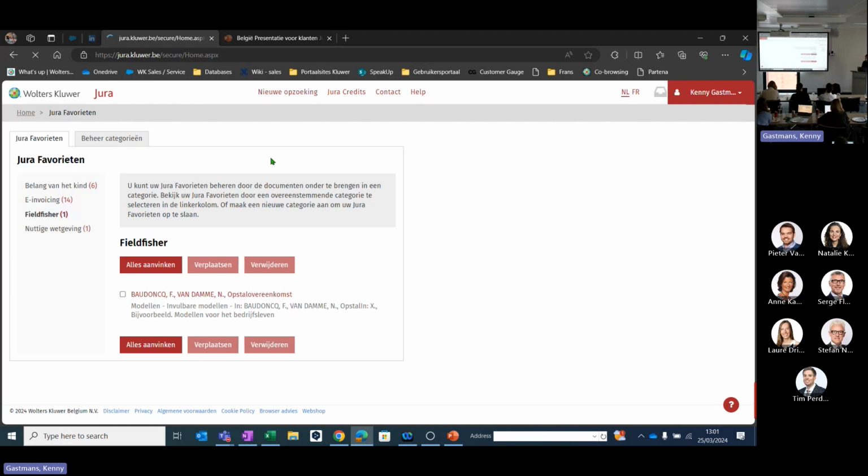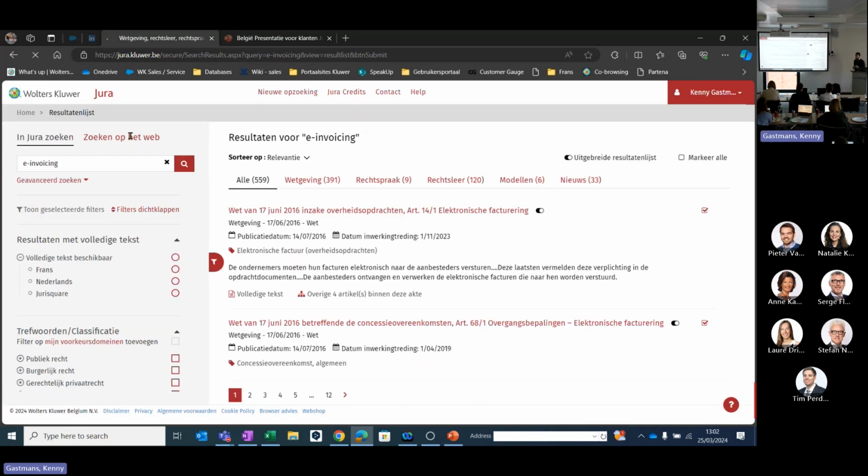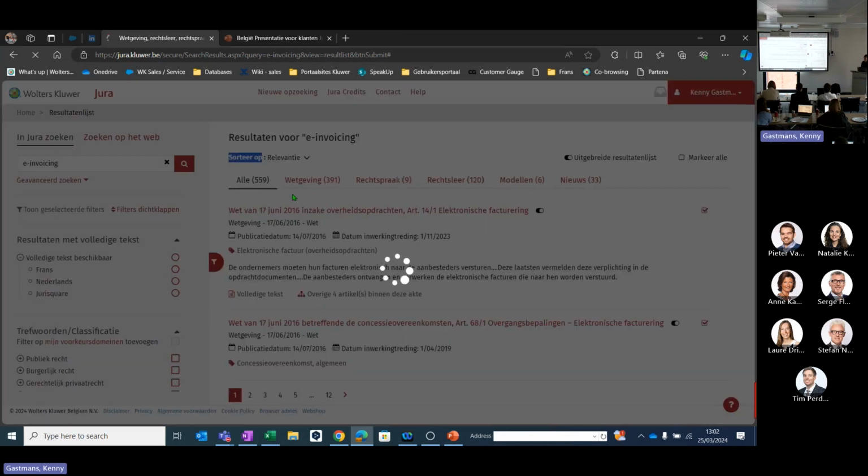Maybe one thing, the search history, to me, is limited. If there's a search you might use 4 times, like, I have to search something based on e-invoicing. E-invoicing, it's a simple search. I'm typing in e-invoicing, but if I have to search this one tomorrow again and the day after and the day after, so if there's a recurring search, let's say no relevancy but sorted by date,